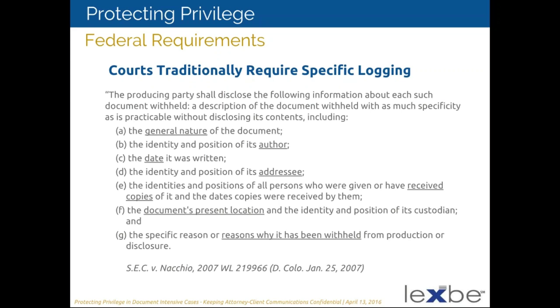And the best practice on that is to deliver that, if not with the production, shortly thereafter, and before the depositions start, and certainly before discovery ends, to avoid claims of prejudice. There are more modern cases that disfavor waiver as a remedy, but it's still used.